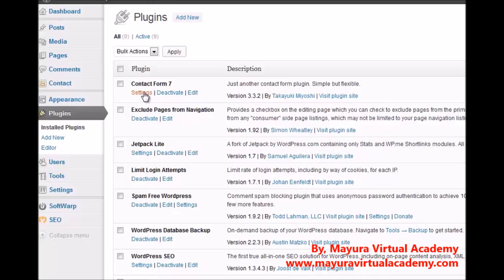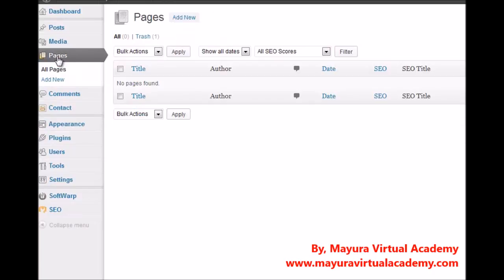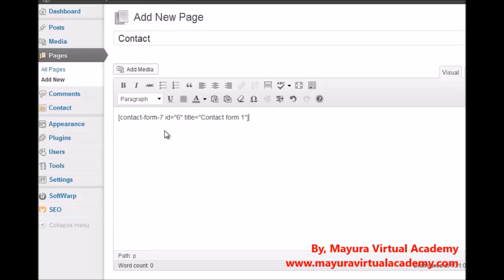Contact Form 7. Settings, there isn't really very much to do here. Basically, it sets up a contact form and gives you what it calls a shortcode. So we copy and paste that, go across to Pages, click on Add New, and we're going to go for a contact form. Just call it contact, copy and paste that in,